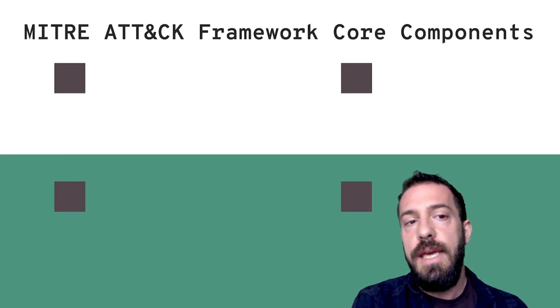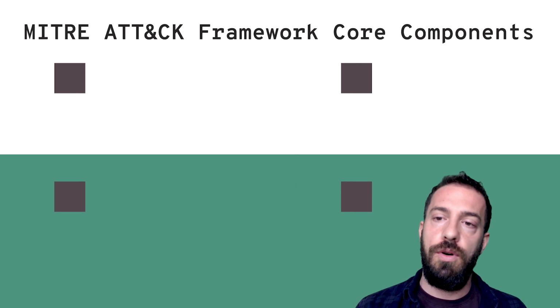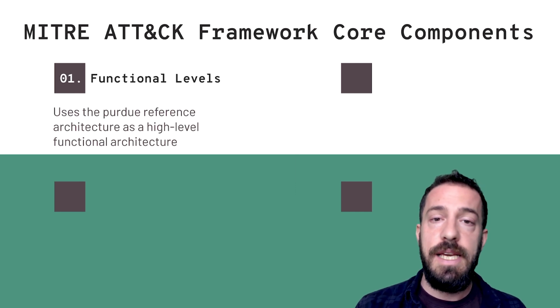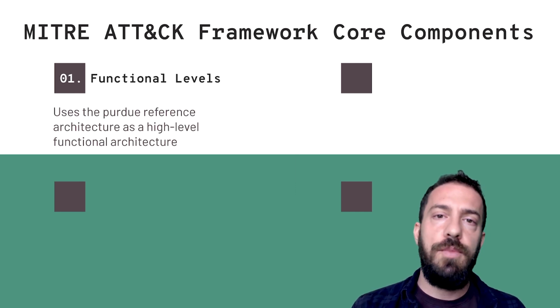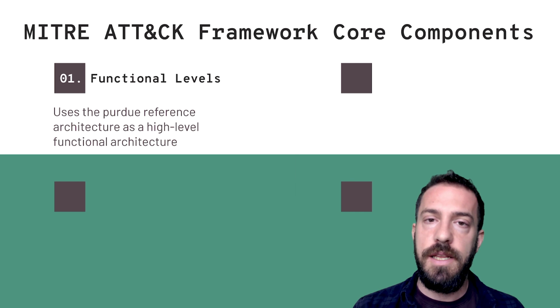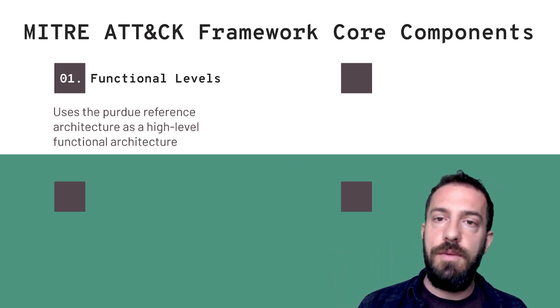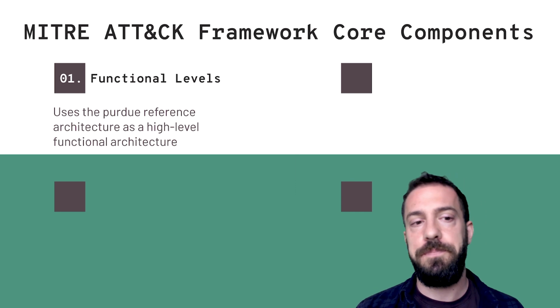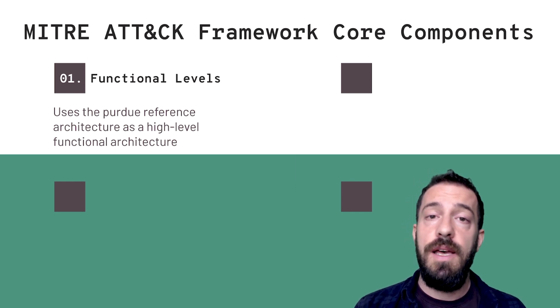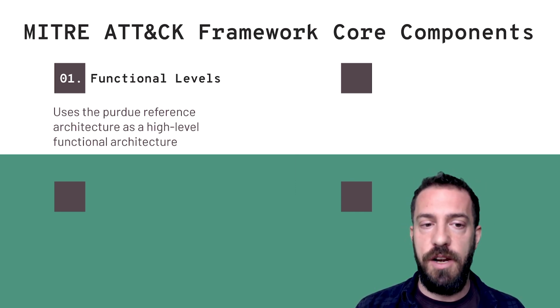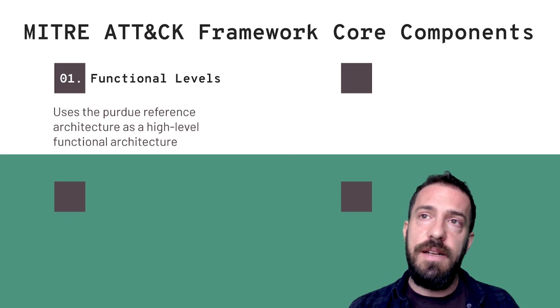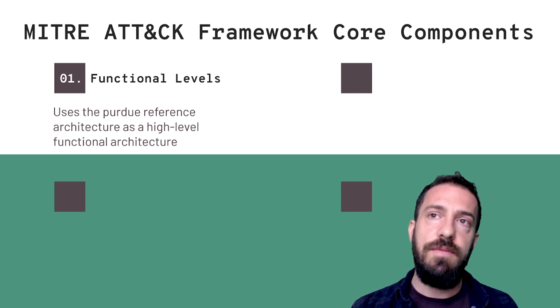The MITRE ATT&CK framework has four core components. The first one is the functional levels. We saw previously the Purdue reference architecture from level 0 to level 5. Levels 0 to 3 were mostly the control environment, and levels 4 and 5 were the business enterprise environment. It's important to focus on functional levels because